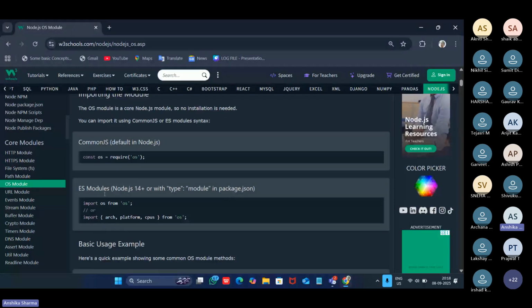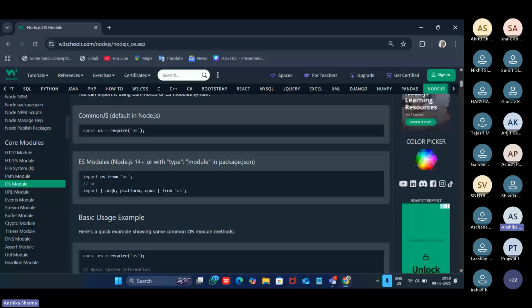Now, this other method is called the destructuring method of importing methods from the module. If we already know which methods we will use from a particular module, we directly write the names of those methods inside curly braces, and then mention the module from which we want to import. So this is the destructuring method of importing libraries.